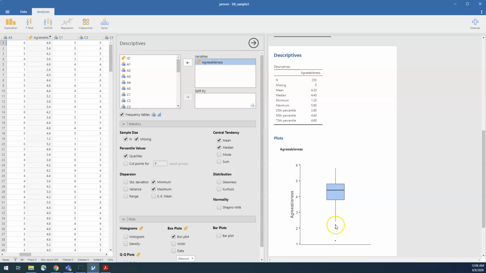We've just decided to call anything beyond 1.5 interquartile ranges an outlier. And so these 3 points right here are considered to be outliers. This bottom one, 1.2, is the lowest value in the data set. You can see that's represented there on the y-axis by 1.2 and in the table as 1.2. You can see that these two outliers are not listed in the table up above. This is maybe 1.9 and this is like 2.1 or 2.2, and they're not listed in the table anywhere